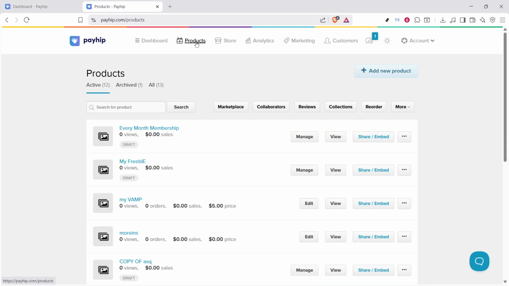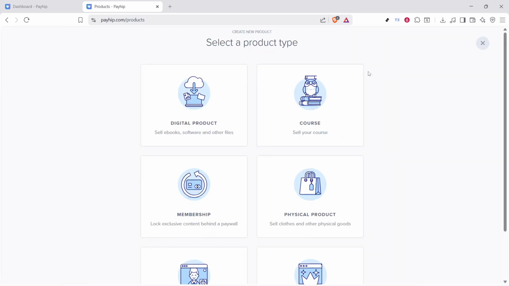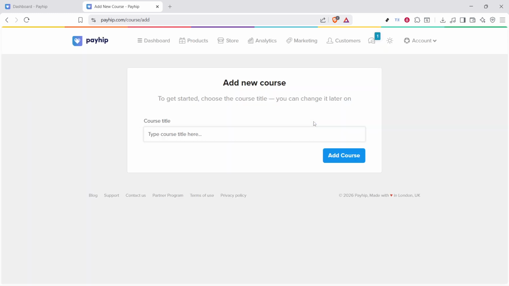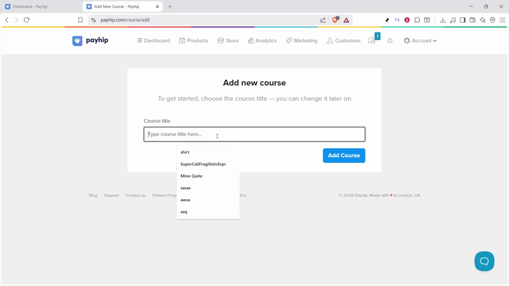After that, select Add New Product. This tells Payhip that you want to create something new to sell or share through your store. You'll then see different product type options available. From those options, click on Course. This is the dedicated product type for structured learning content, and it gives you the tools you need to organize lessons for your students. Choosing the correct product type here is important because it determines how your content will be